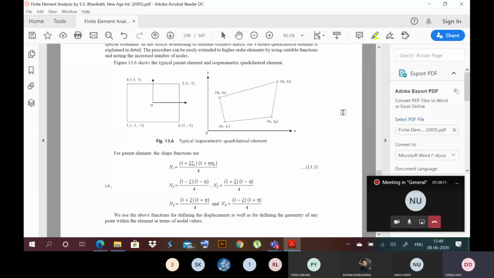So for the next class, it's already 12:49, 12:50. I had class in the morning also with the third year, so I'm very tired. So in the next class, we'll discuss the analysis of beam and frame. I think in one class we'll be able to complete the syllabus. So tomorrow we'll complete our syllabus.